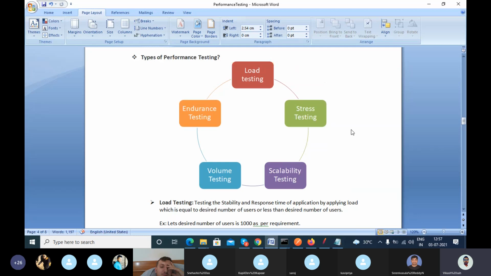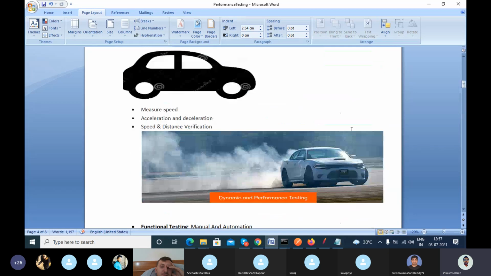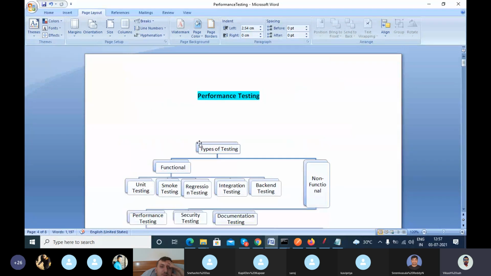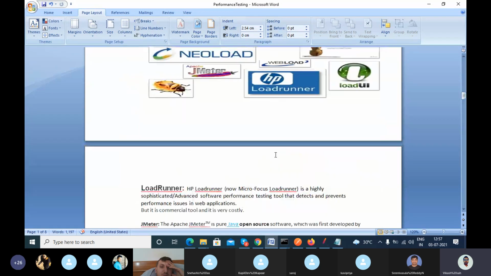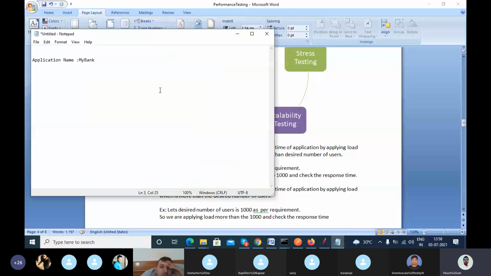In functional testing, I have told you, if I am talking about functional testing, that means all the testing is done: unit testing, smoke testing, regression testing, integration testing, backend testing. All your testing is done. That comes under functional testing. When your functional testing is done,